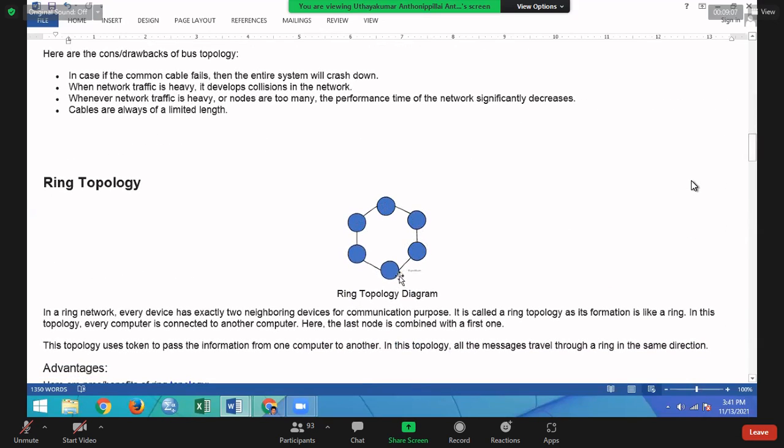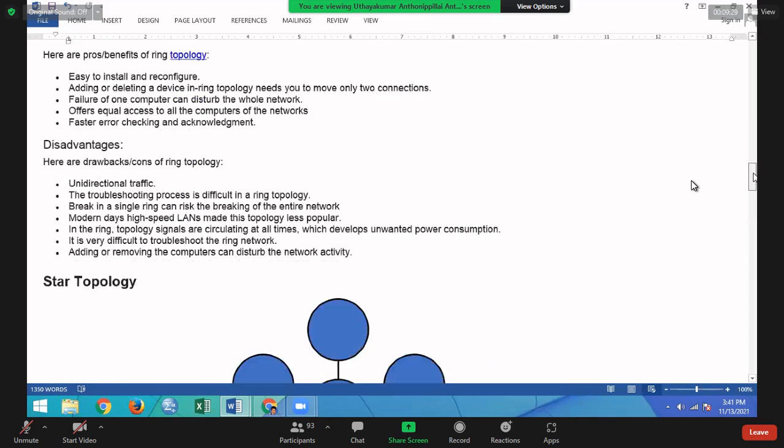Point to point, bus and ring topology. In this type of topology, if you want to send a message, you pass the message from one computer to another. Every message should go through the adjoining nodes, right? Due to this, it can create more traffic compared to other types of networks.